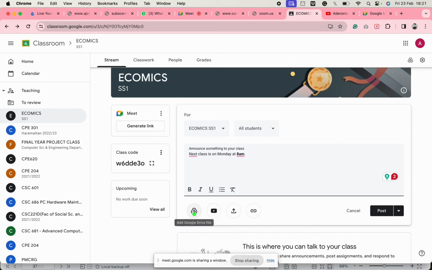So let's say instead of using Google Drive, you just have this file, that guide I sent to you, and you created something similar for your students and you want to share it with them. You could just click here, go and upload the file, and you bring it here. Or let's say there's a link. You want them to apply for something, or you want them to access something on the internet, you come here, you add that link, and then when you are done with all of that,